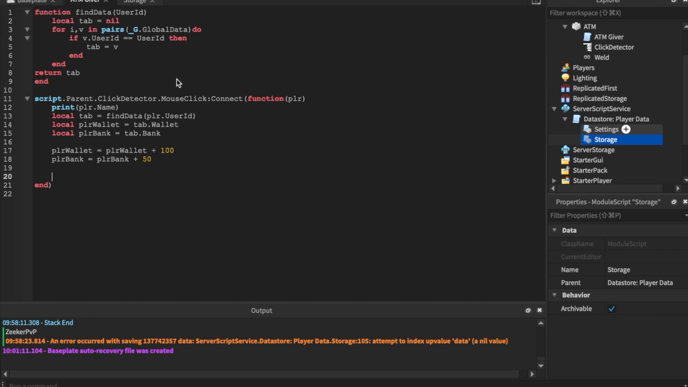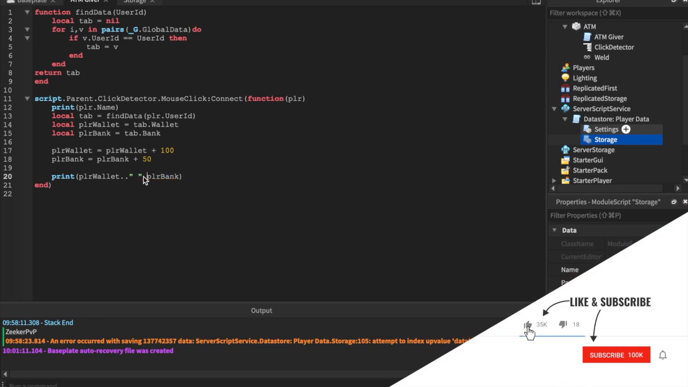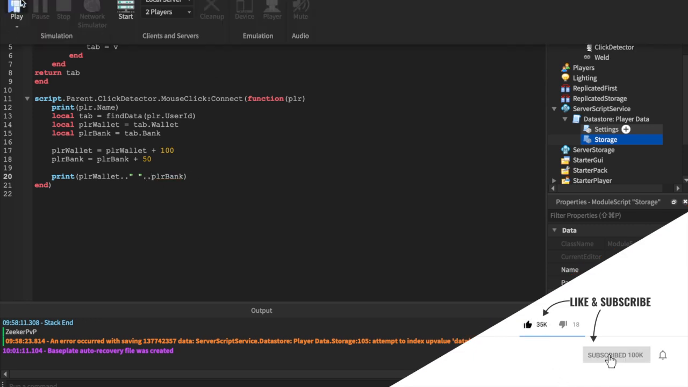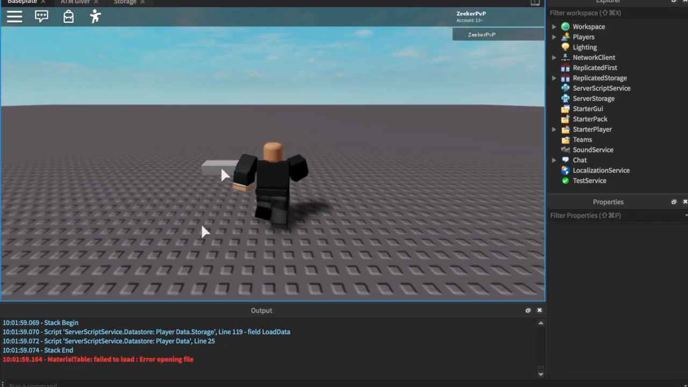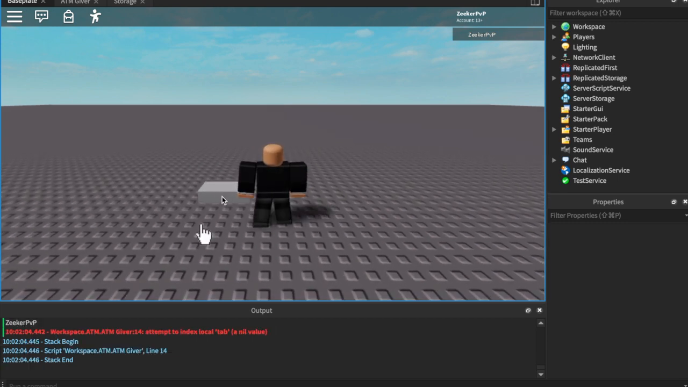So after that, we're going to print. You want to print your PLR wallet and PLR bank, and we'll leave a space right there. So you should have 150. So you'll see that right here,